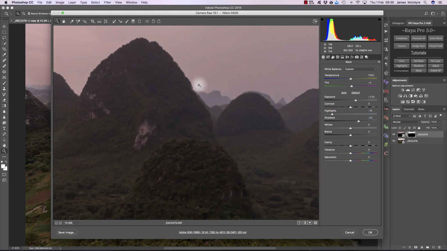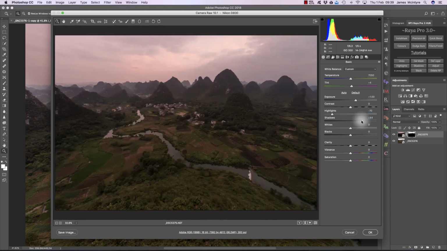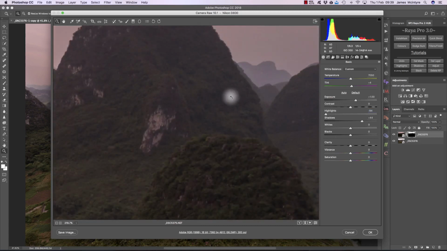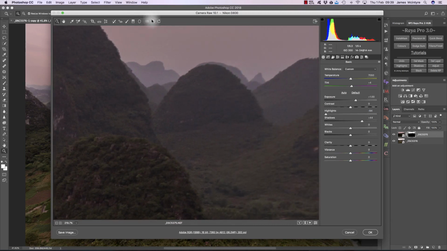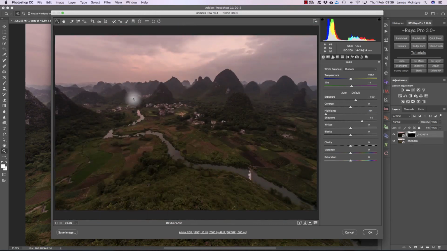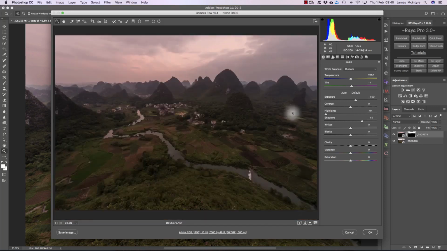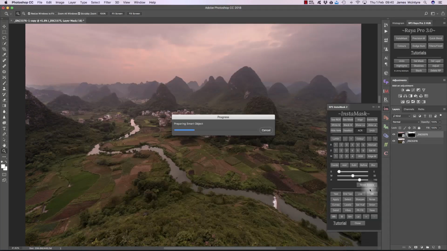And you see we're brightening the areas that had a poor transition previously. So I'm just brightening those up, but I'm not losing information in the sky, so I can bring down the highlights. Now of course that's going to create extra noise in the foreground or the shadowy areas. However, we're not going to be using the shadowy areas or the dark areas from the dark exposure, so it doesn't matter. The sky has the same amount of noise as it had when we first started, because that's the information that the dark exposure holds. So if I just press OK,